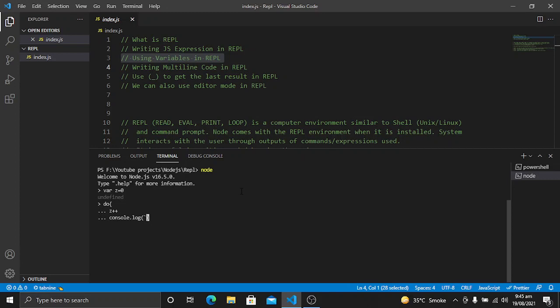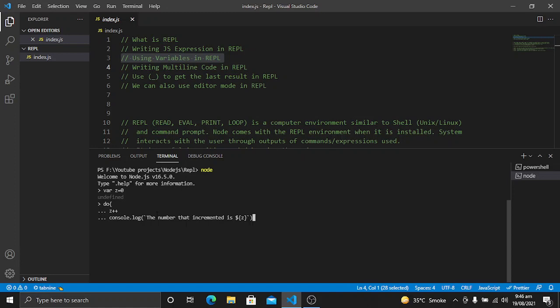So we can say "the number that is incremented is", then we will use a dollar sign and curly braces to write this variable, which is z, and then close this template string.